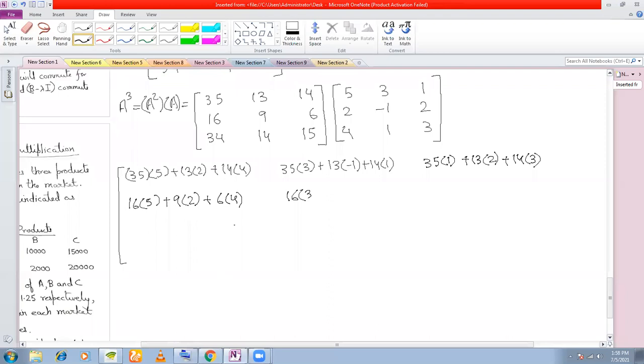So the matrix that you will get is 257, 106. Do not ask me to repeat matrix multiplication later. I'm showing you each and every step. If you know matrix multiplication,